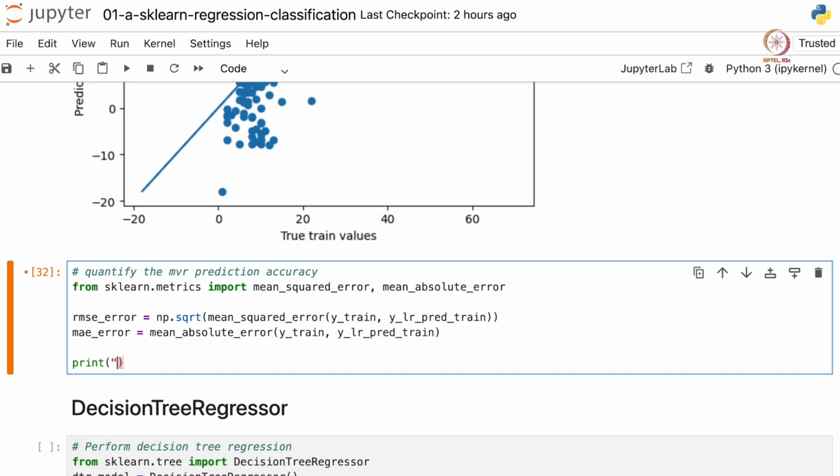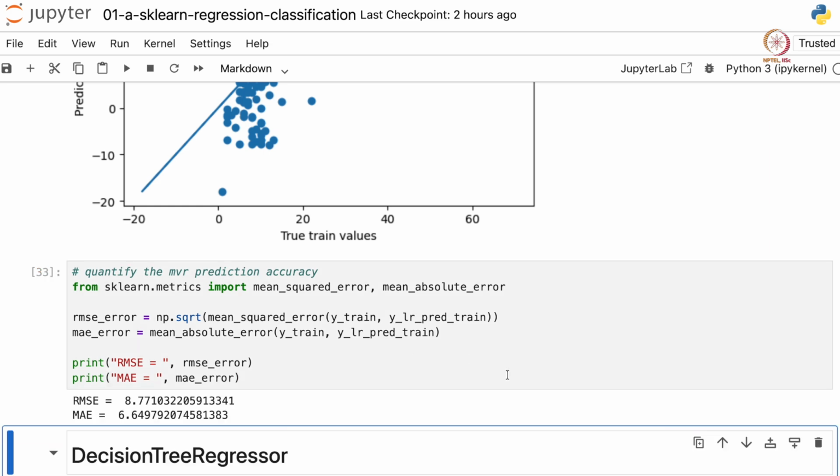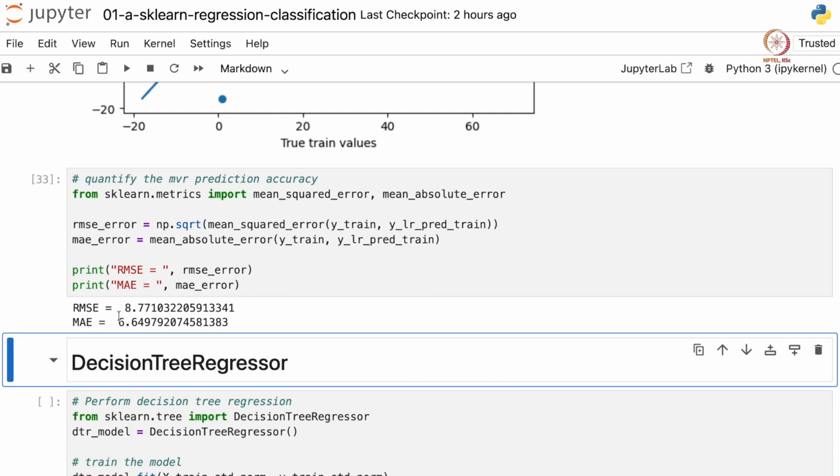So let's say RMSE equal to RMSE error and print MAE equal to MAE error. So we see our training errors are 8.7 for RMSE and 6.6 for MAE.